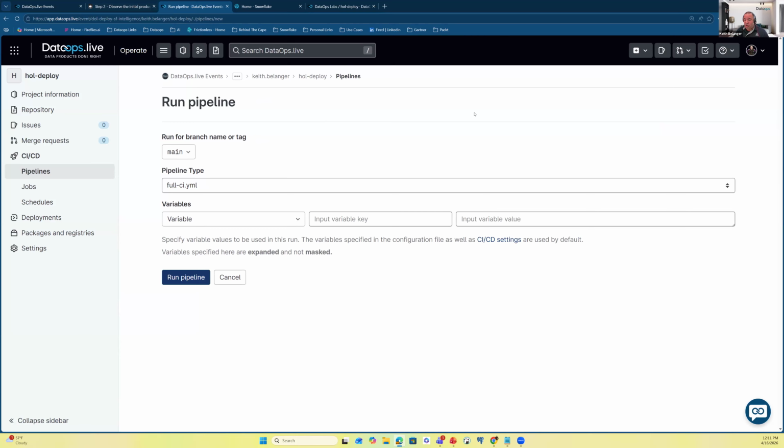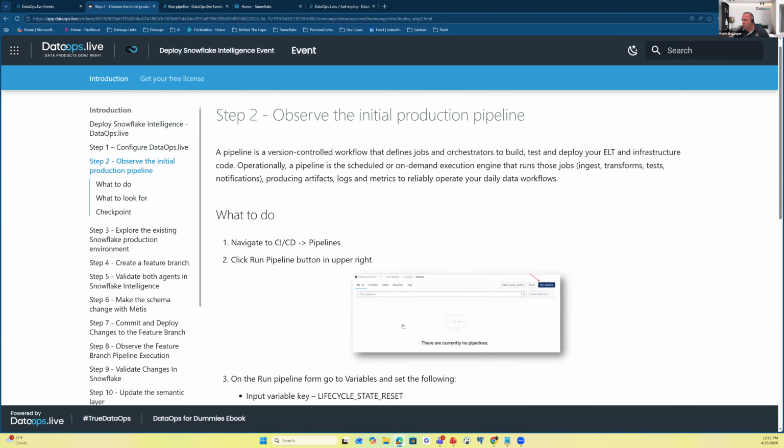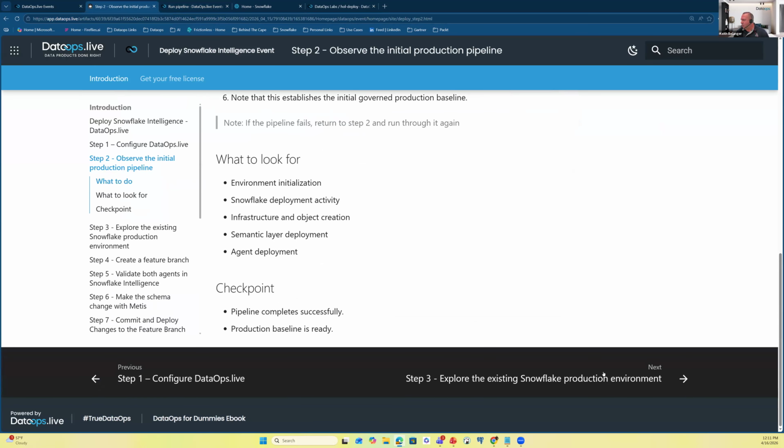If you are in production, you might have stuff already there and you don't want it to overwrite. But in here, to be safe, we're going to just tell it to